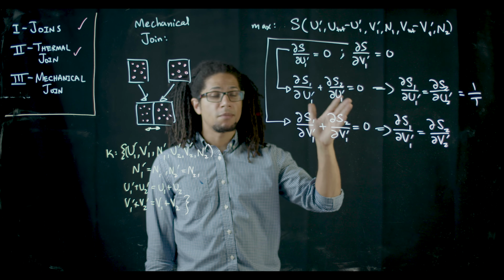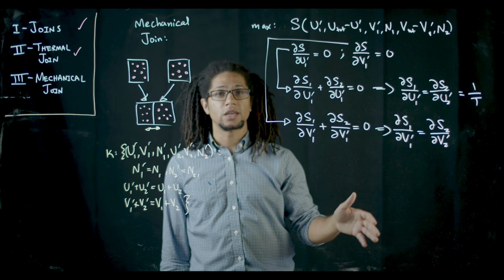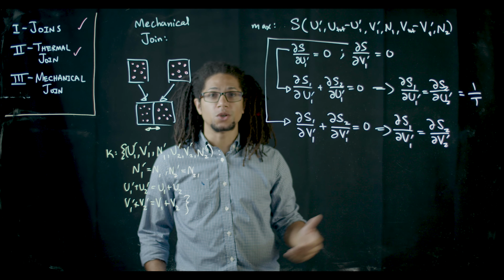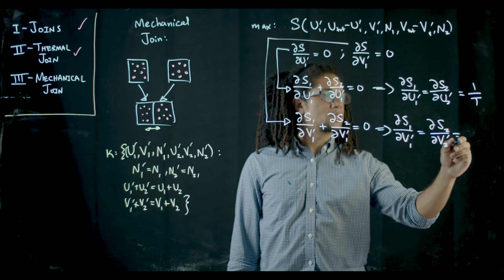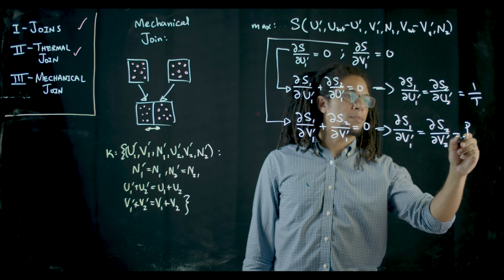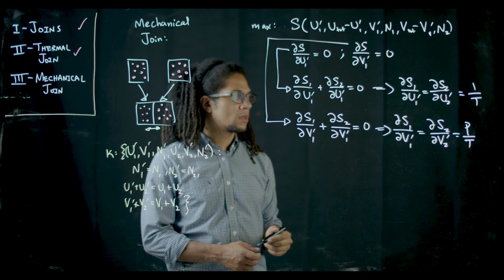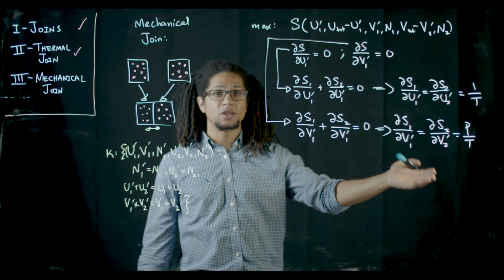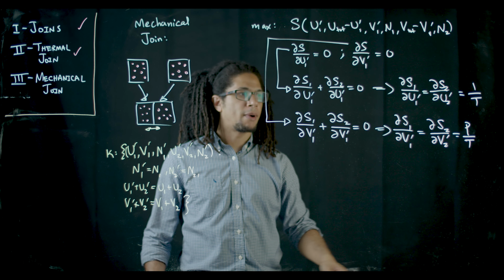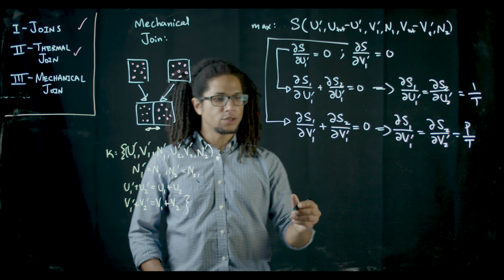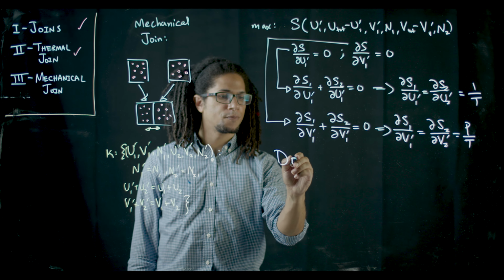Now, it might seem like it makes sense to give this quantity a definition as well, and in fact, we do. This is going to be equal to the pressure divided by the temperature. Again, this is well defined because we know that these systems have the same temperature by our earlier supposition. So we'll say, by definition,